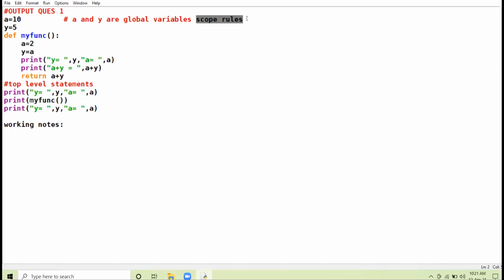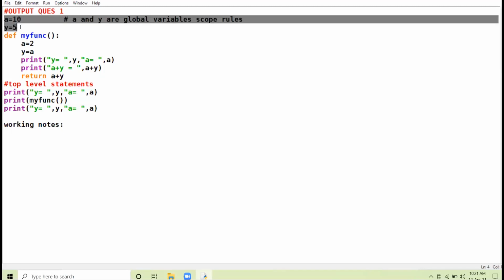Now you can see this A and Y, they have been created in the top level statement outside all the functions. This function my func, outside this function, I have declared two variables.